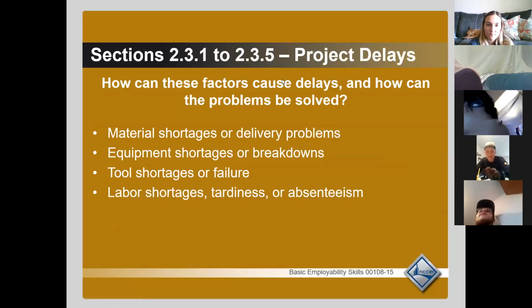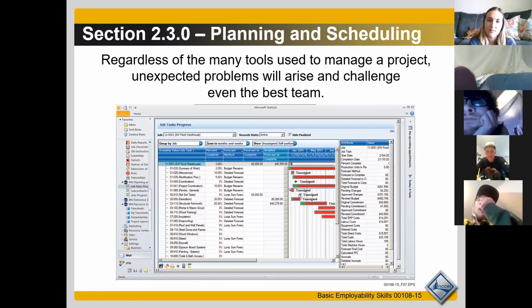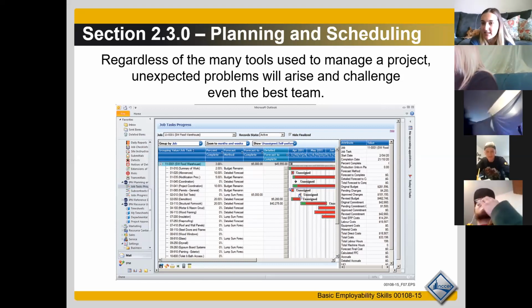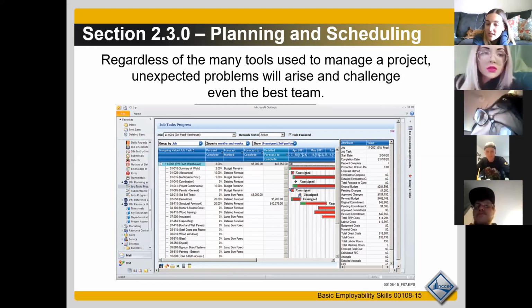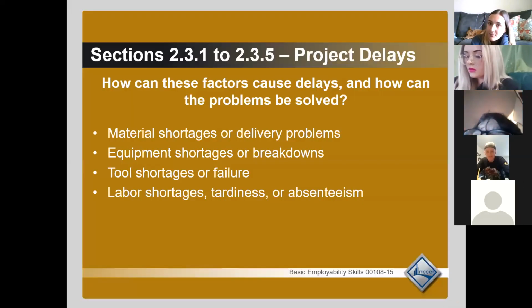Okay, so here comes Alex. Awesome. They like to kind of jump around with these PowerPoints a little bit. This one's talking about different tools that you might use to manage a project and how they can help you solve some unexpected problems that arise and challenges. Even the best of teams can have certain challenges that are hard to overcome. Something that you probably won't have to work too much with unless you've made your way up to a higher position in a company is working with things like Outlook and Excel spreadsheets. But these are some tools that could possibly be used to help with problem solving if you were a little bit higher up.